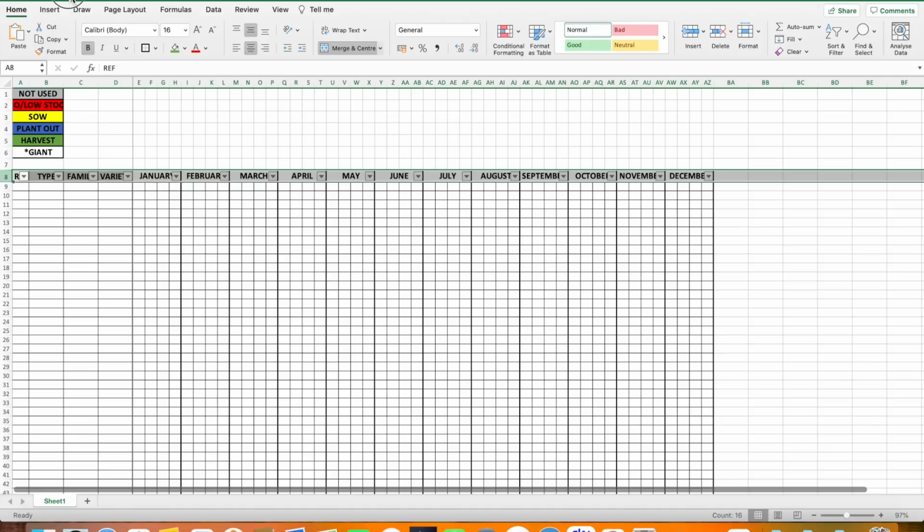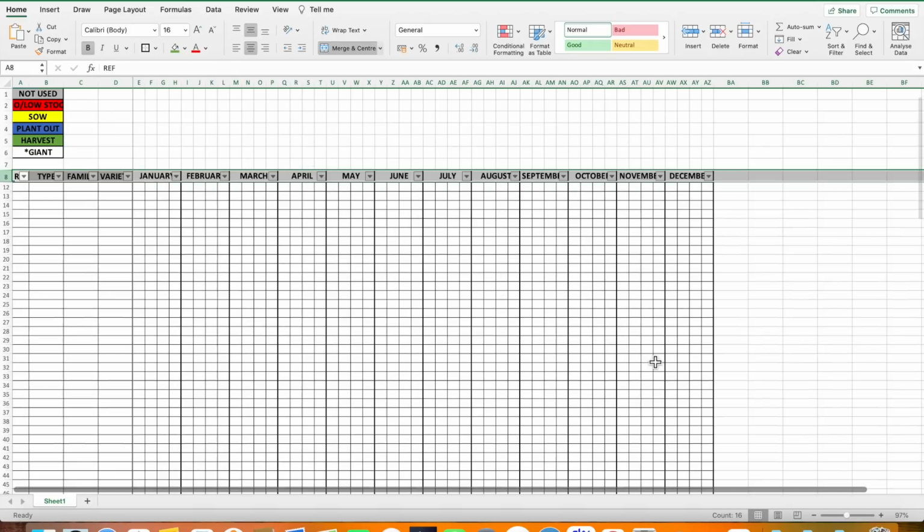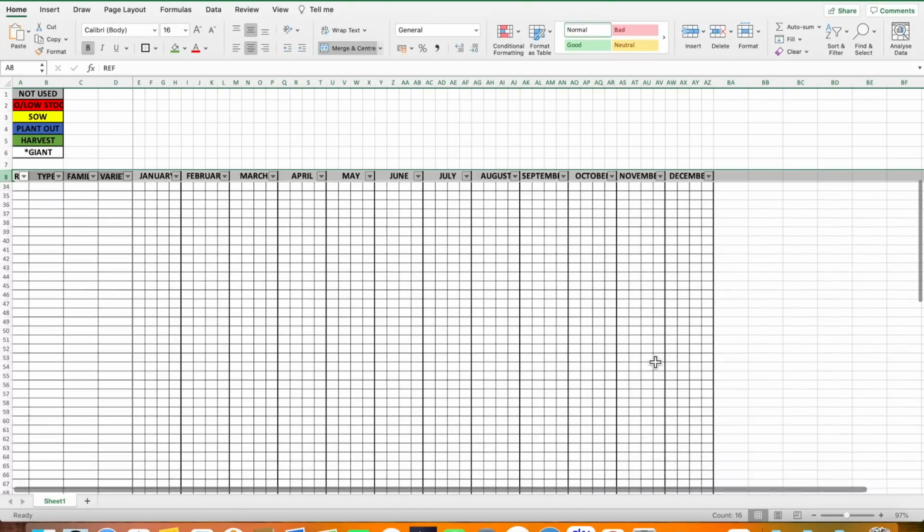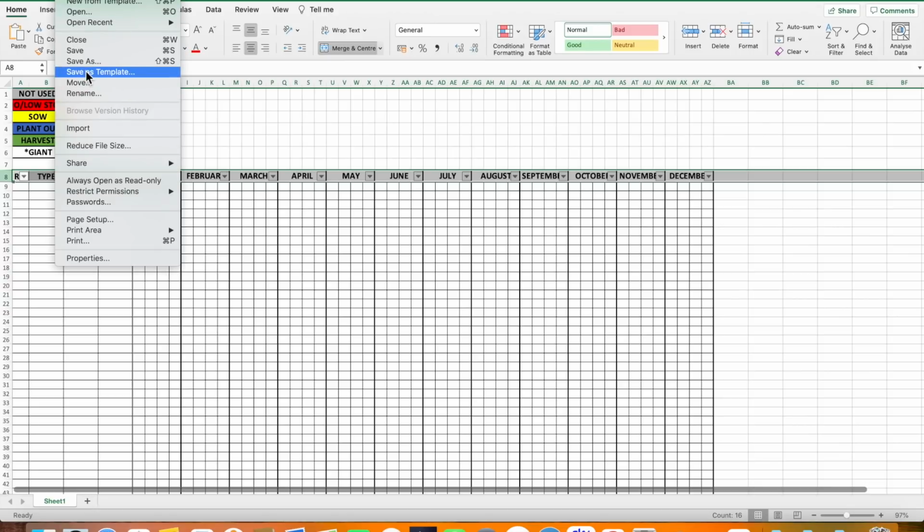Do a quick save. Now if you plan on using this every year, you'll be pleased to know you don't have to go through this rigmarole every time you want to create one. You can actually save this as a blank master, or in this case it's called a template. So if you go up to File, Save as Template,